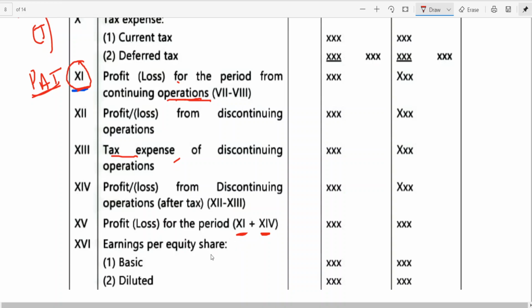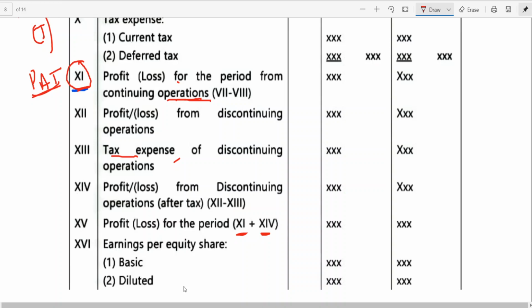Then earning per share, equity. What is basic? Revenue by number of shares. When you have more shares, income will be diluted. You will learn this. Suppose you issue bonus shares, then what happens? Earning per share will be diluted. This is basic earning per share, and because of issuing any additional shares, if there is any dilution in the income, that is to be reflected in the statement. Total income by number of shares gives earning per share, basic and diluted. When more shares have been allotted, income will be diluted.